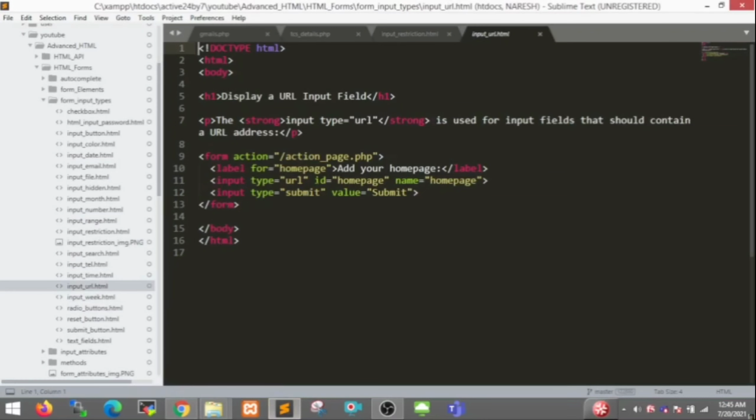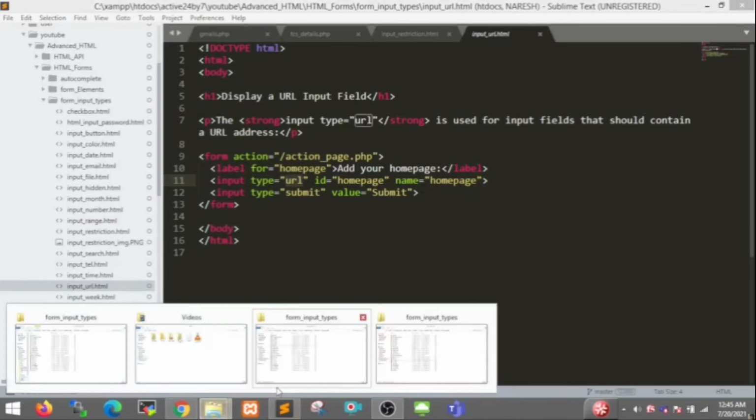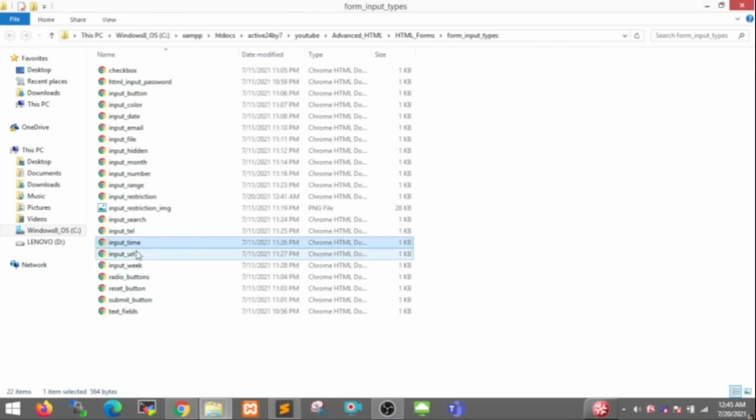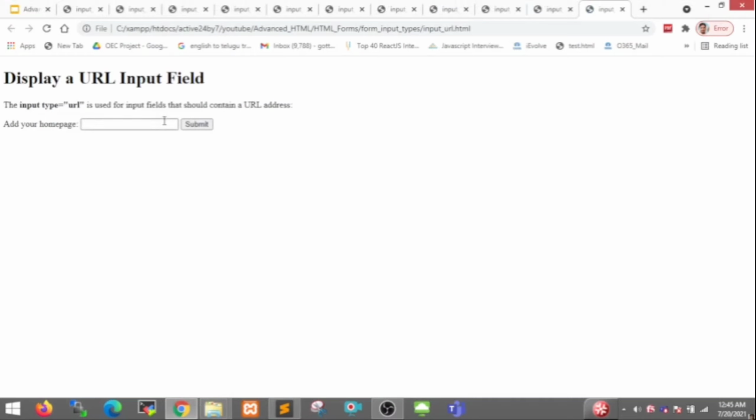Another one is URL, input type URL, with id and some name like home page. I open it in my local system. Here I click on it and enter some text, but this is not a perfect URL, right? So it says please enter a URL.